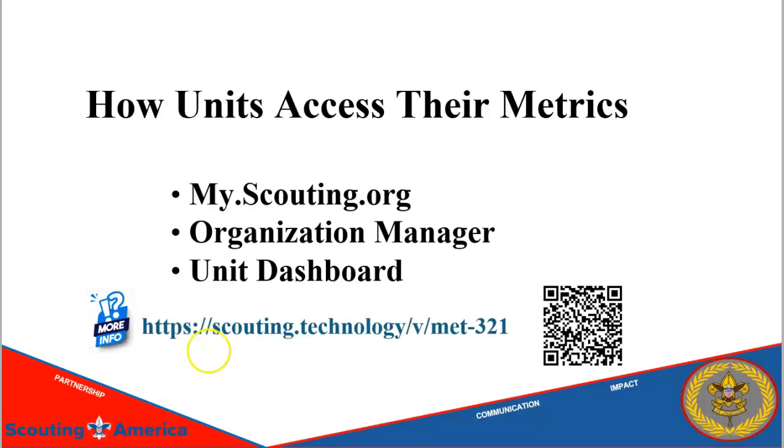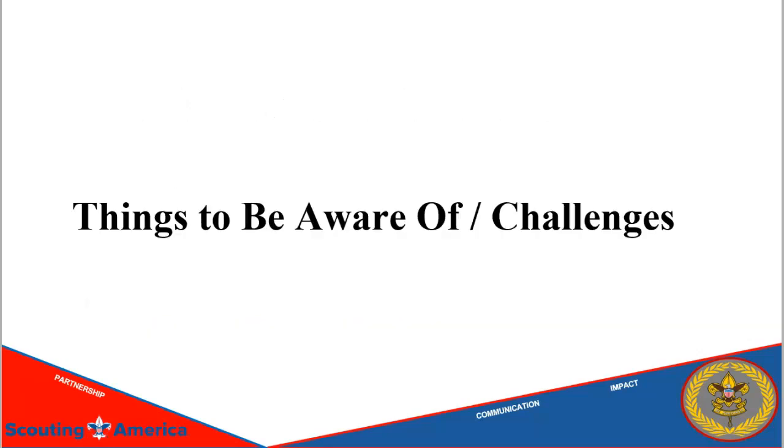Unit Key 3 members, the chartered organization representative, the committee chair, and the unit leader can log into myscouting.org and navigate to Organization Manager or the unit dashboard to view and/or update metrics. Data is pulled from Scoutbook Plus and My Scouting entries, for example, the advancement records and activity logs. This system is new, having launched in early 2025. Because it is still in its initial phase, some unit-reported metrics may not yet display accurately. For instance, a pack might record outdoor activities, but the dashboard may not immediately reflect them. These discrepancies are temporary and will be identified and resolved.